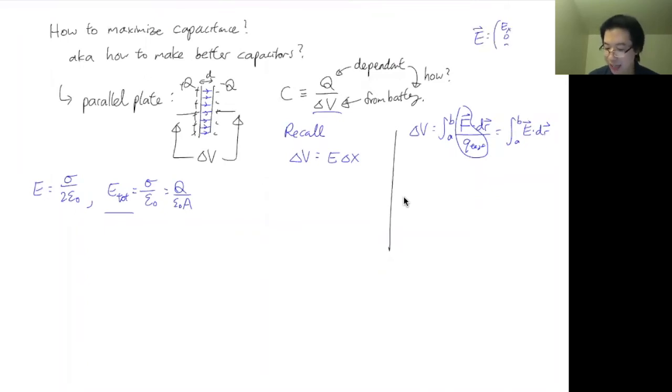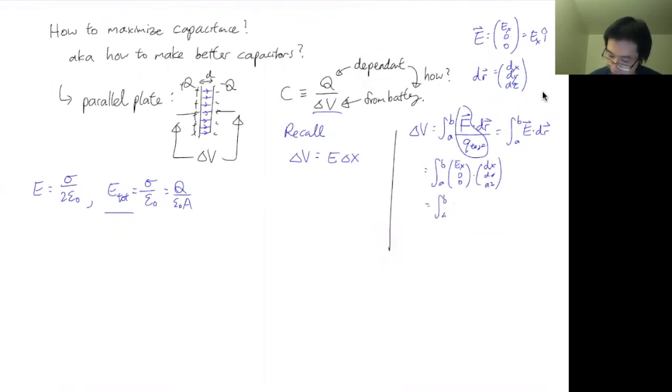Right? It has X, Y, Z components, but the other components, you can think of it as just 0. And what is dr? Dr is a little change in distance. So if you have 3 dimensions, it's a little movement in X, little movement in Y, little movement in Z. You do the dot product of this. So you have AB, and when you plug this in, E_x, 0, 0 dot dx, dy, dz, you basically just get E_x dx, right? Plus 0, these don't matter.